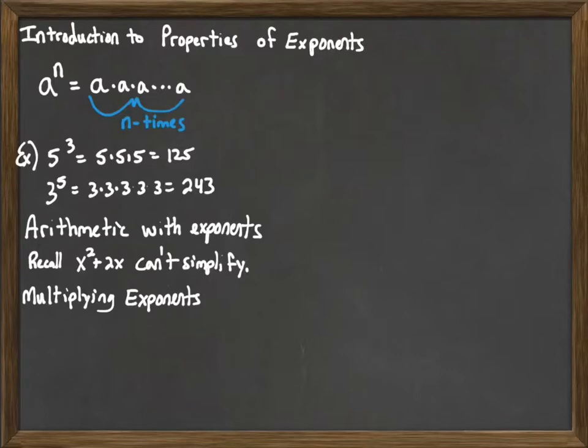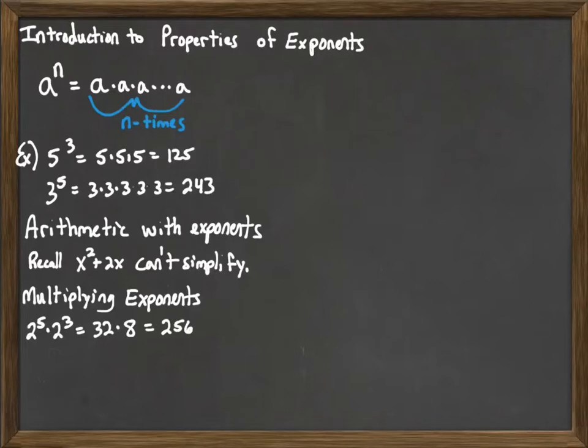Now we're going to begin with the numerical examples, but our main goal is to deal with variables. But we're going to look at a numerical example first to kind of see how this multiplying exponents comes together. So consider the multiplication problem 2 to the 5th times 2 to the 3rd. Now recalling our order of operations, we take and raise stuff to a power first before we do multiplication. And so we can do 2 to the 5th, 2 times itself 5 times, and that would give us 32. 2 to the 3rd, 2 times itself 3 times, that would give us 8. And then we can do 32 times 8, and we get